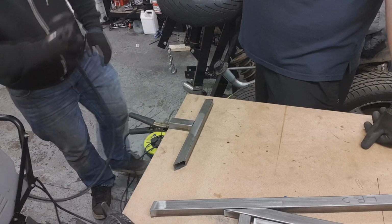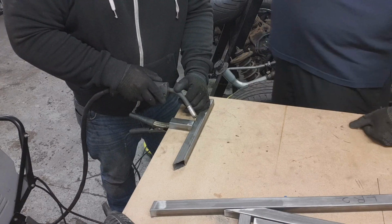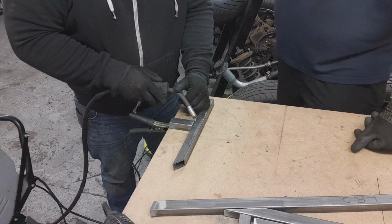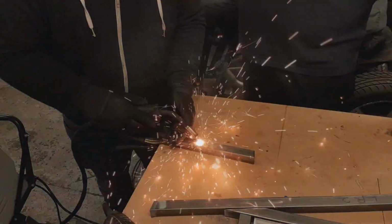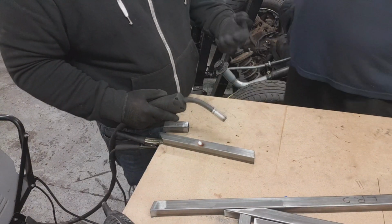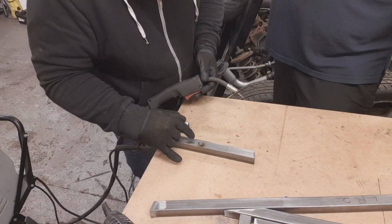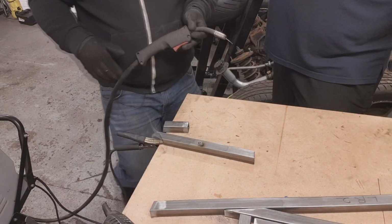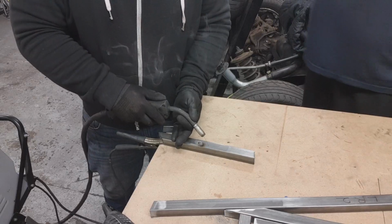Far too much wire speed. I usually support the gun with one hand. You can absolutely touch the metal, you're not getting in the way of the current in this. So, hear the noise? Bum bum bum bum bum. It's pushing steel out, and you'll see there, we've got not bad penetration, but there's far too much weld on there. Similarly, if I turn this down to near enough zero,